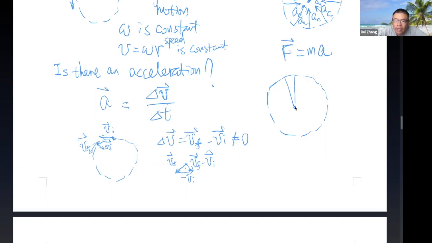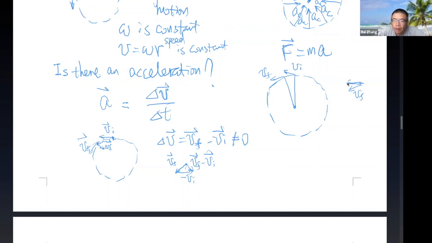So consider the two nearby velocities, VF and VI. To get the acceleration, we need the magnitude of the velocity change. If you draw VF and VI next to each other like this,